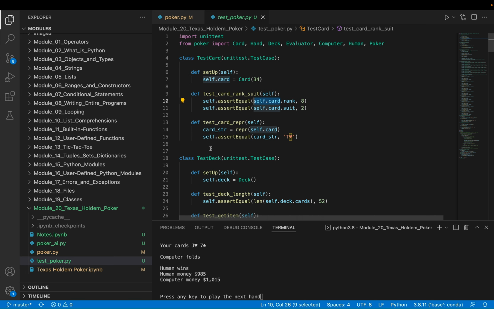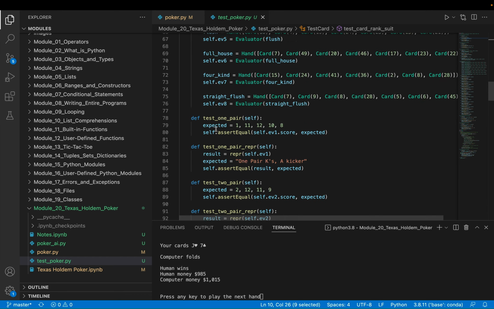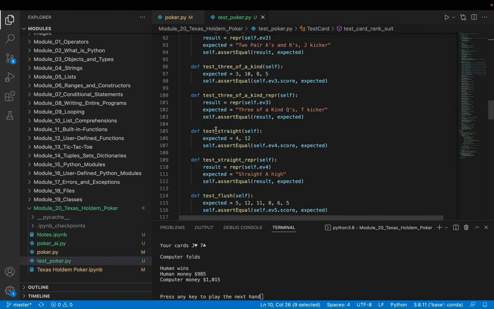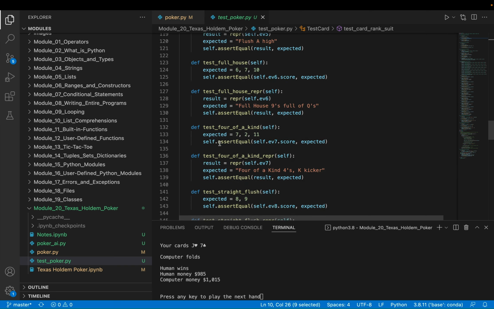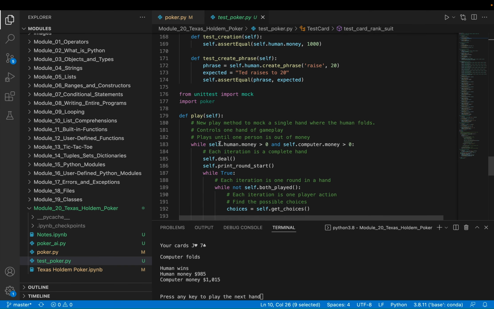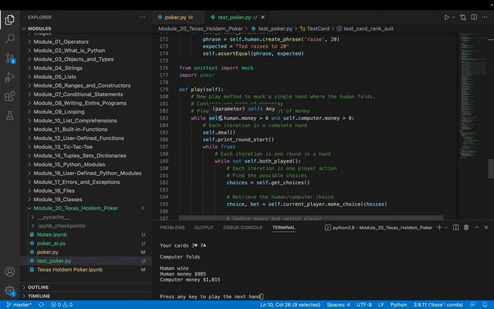All right, so there's test cases for the card, the deck, the hand, the evaluator. There's a lot for the evaluator for all the different categories of hands. There's a test for the human. And finally, there's a test for the poker. It's a little bit